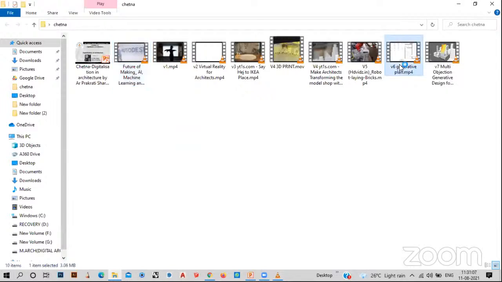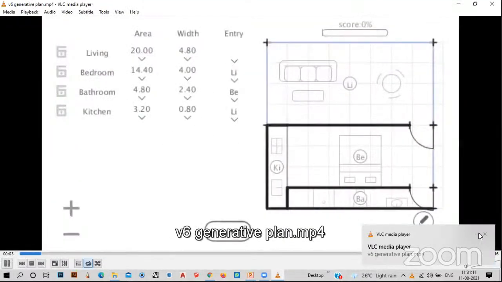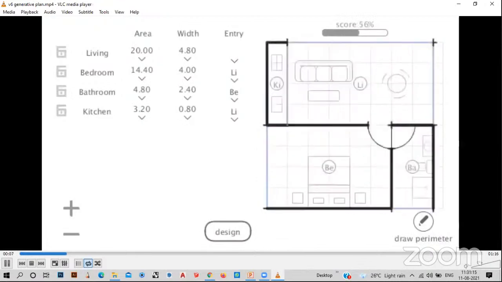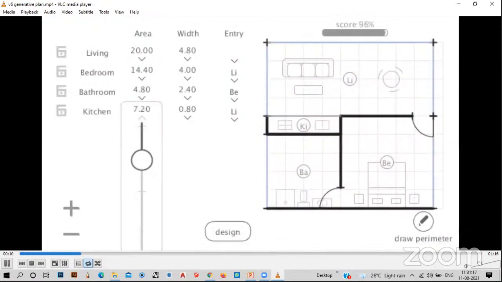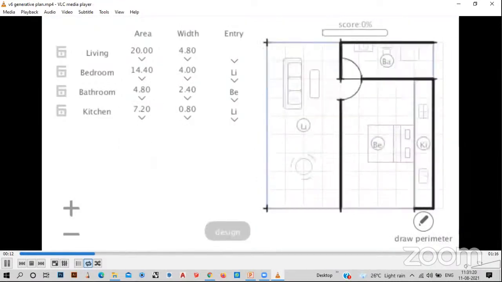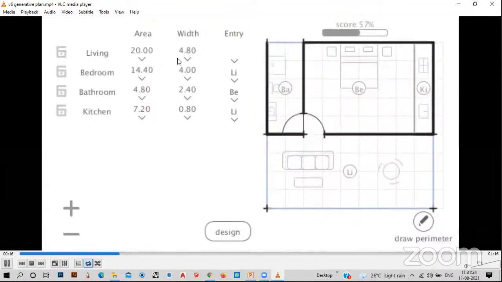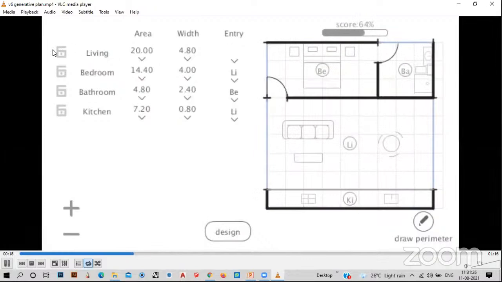So there is a short video of a generative plan, how a plan is generated on a certain area and certain levels. Your software allows you to generate an option based on areas, widths, entry, and these requirements.